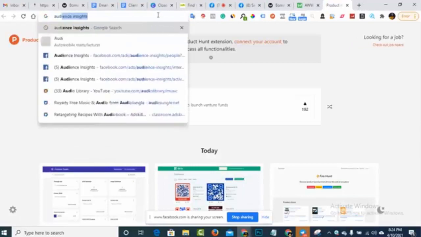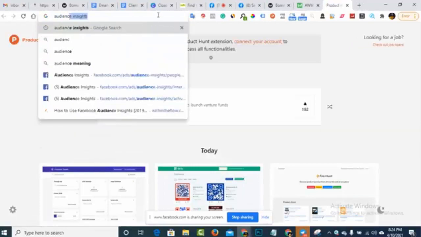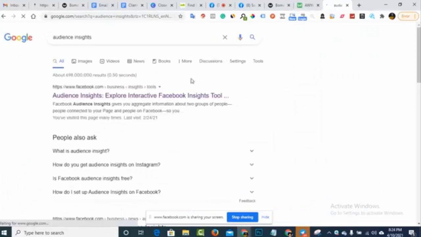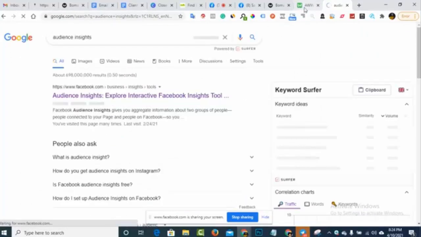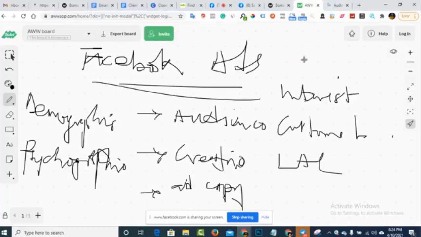That's a tool by Facebook which you can use to really dial into the psychography of your audience. So first you need to get their interest.